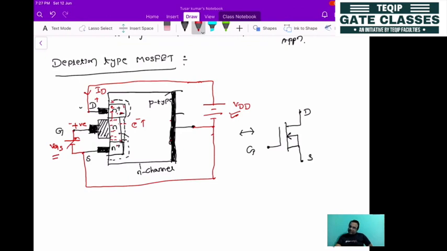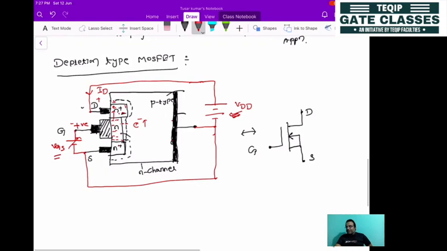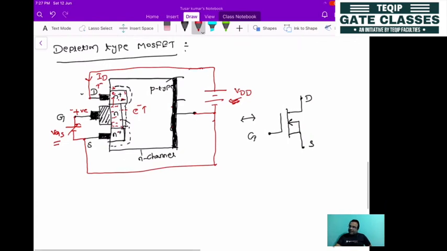Without VGS, if VGS is 0 and you are only applying the VDD, it will not conduct, because this N layer needs a certain amount of potential so that the electrons take part in the movement of the charge carriers from source to drain, and as a result the drain current will be flowing from drain to source. So this is what is called the drain current. This is the operation of N channel